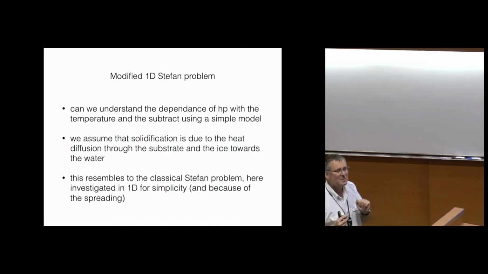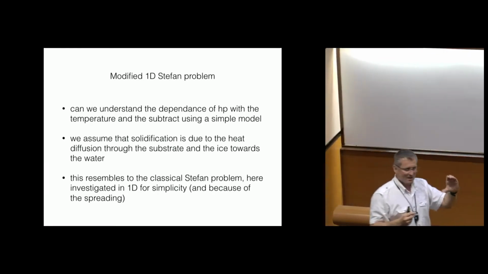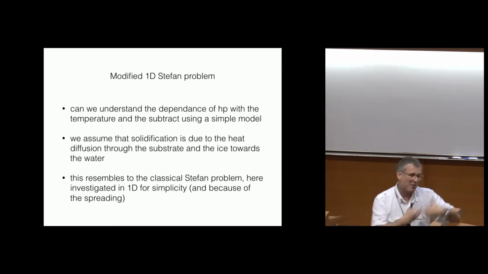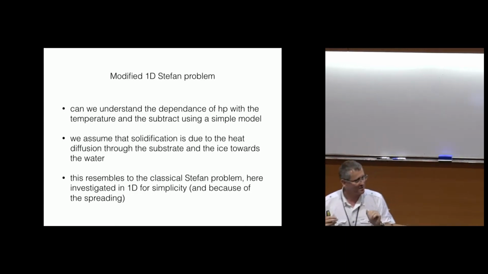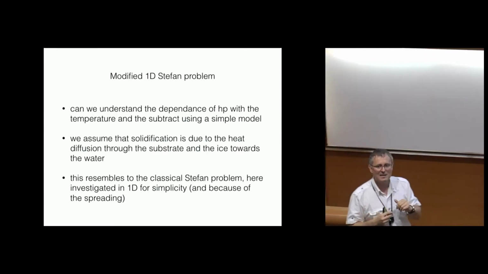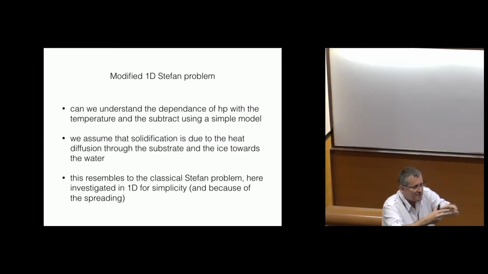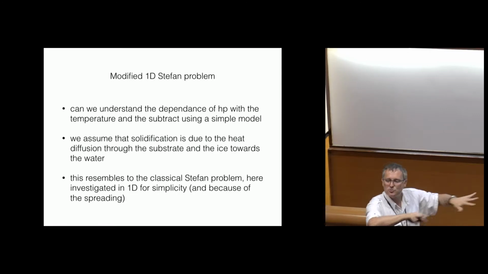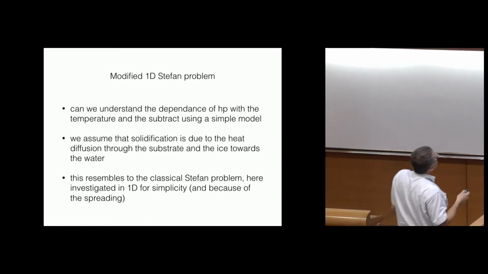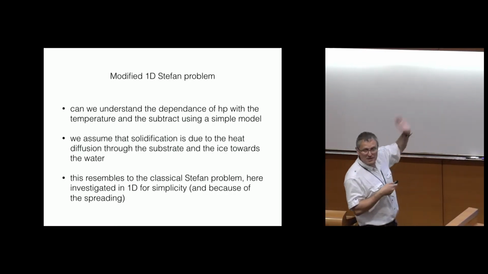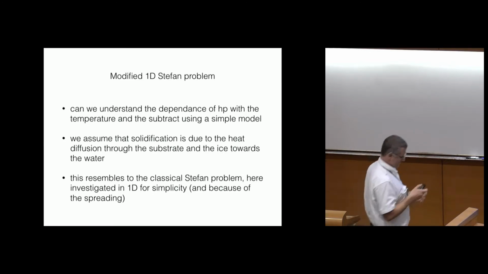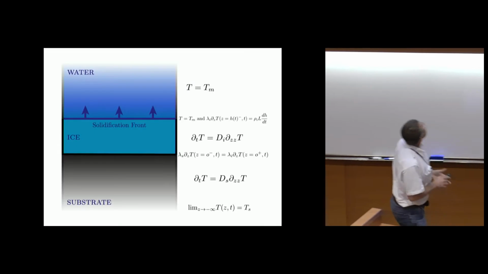Here we have something a little different because we have a solid. The solid has its own heat equation, the ice has its own heat equation, and the water has its own heat equation, and you have boundary conditions in between. The idea is to write everything as a heat equation in 1D, because my system is elongated, so I first neglect the 2D or 3D effects. To the best of our knowledge, written like that, we haven't seen it in the literature. We have looked at a lot of papers on the Stefan problem, and we haven't seen something like that.